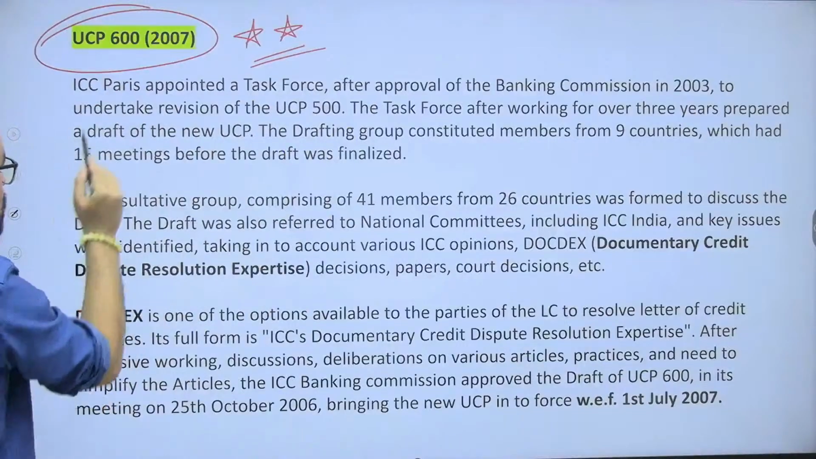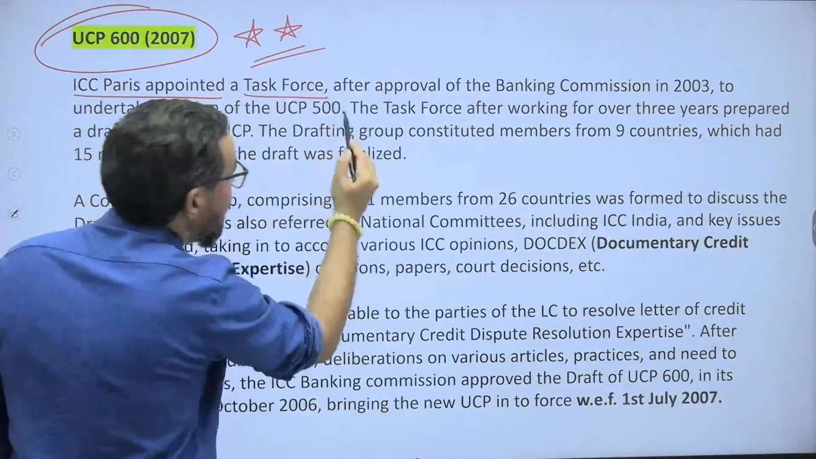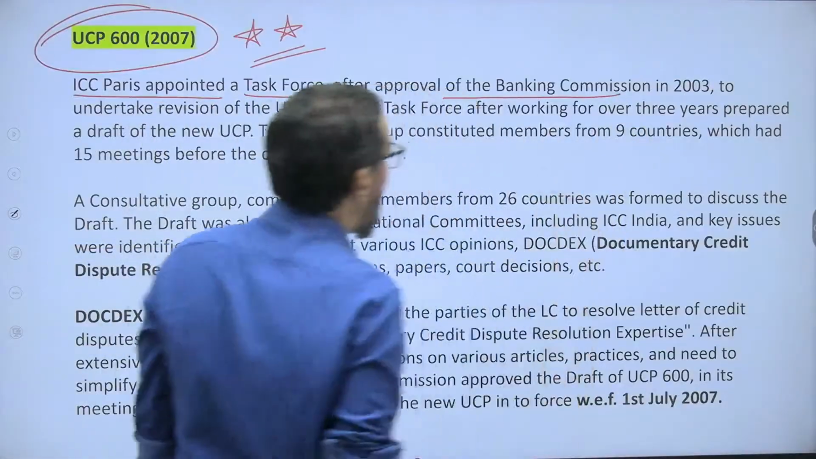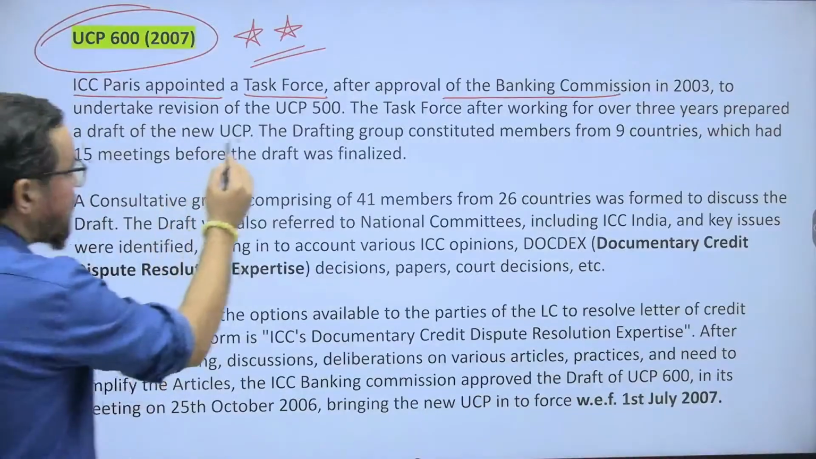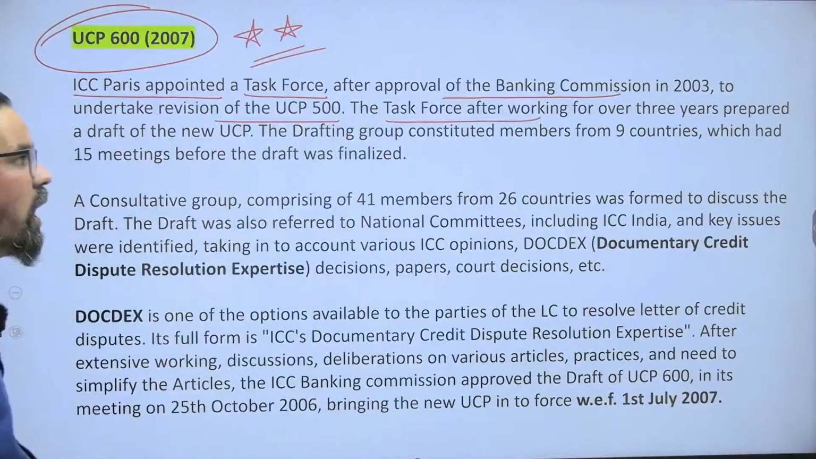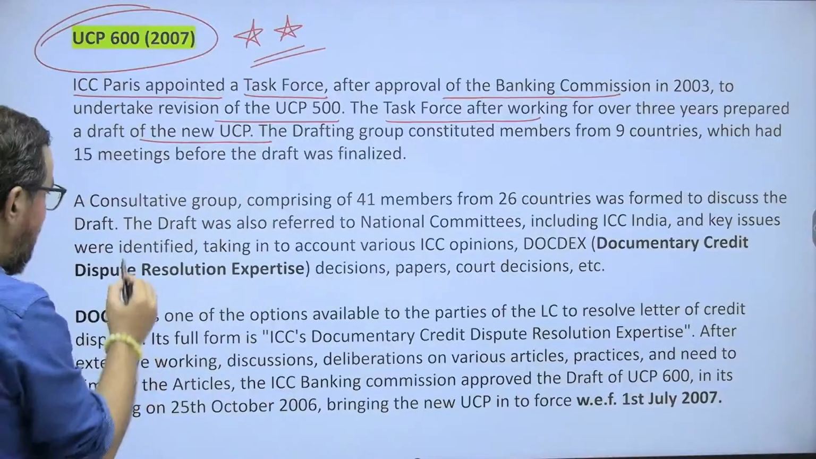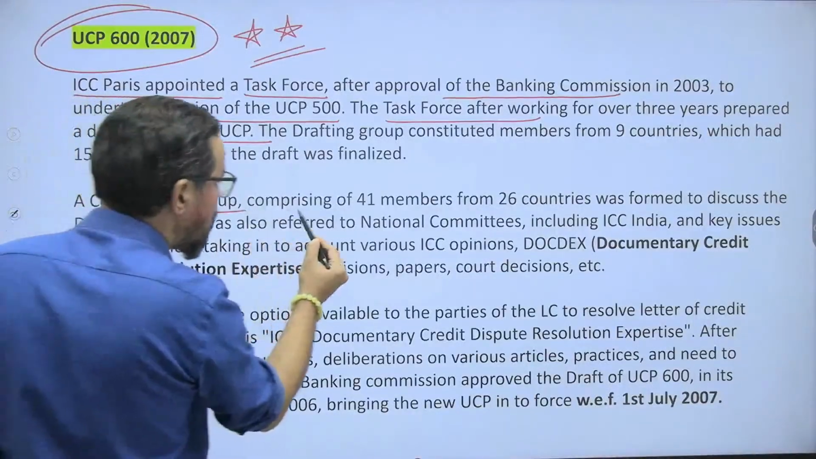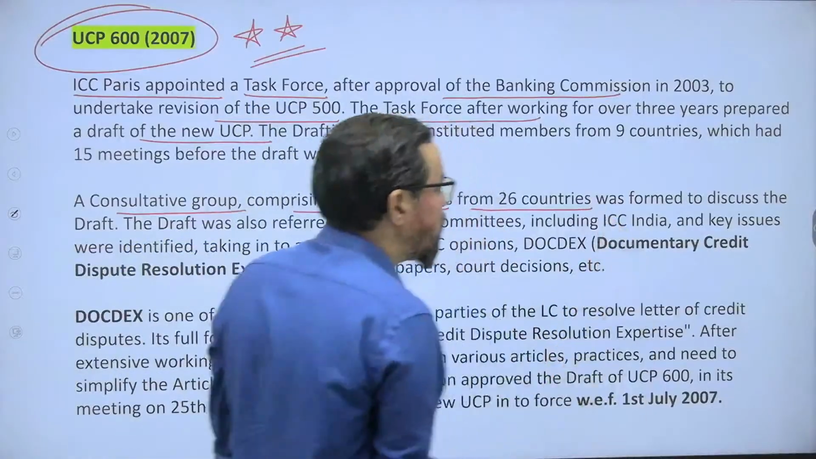So when it comes to the ICC Paris, it appointed a task force after approval of the banking commission in 2003, to undertake the revision of UCP 500. The task force, after working for over 3 years, prepared a draft, that is the new UCP. Basically, a consultation group comprising 41 members from 26 countries was formed to discuss